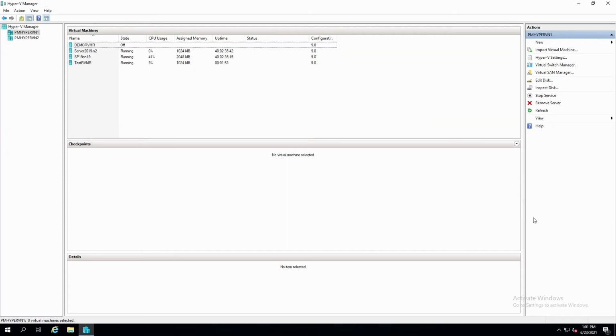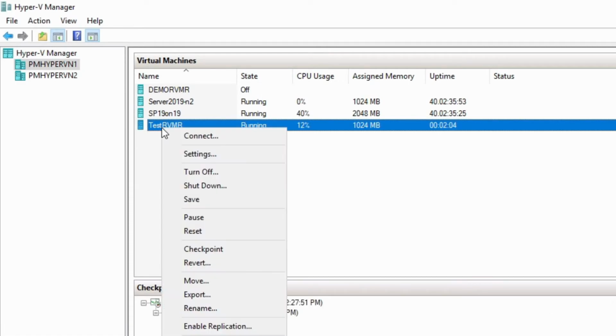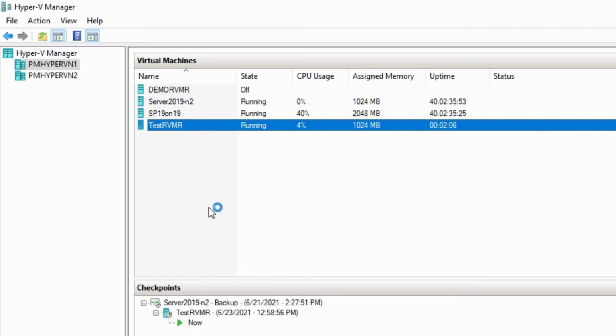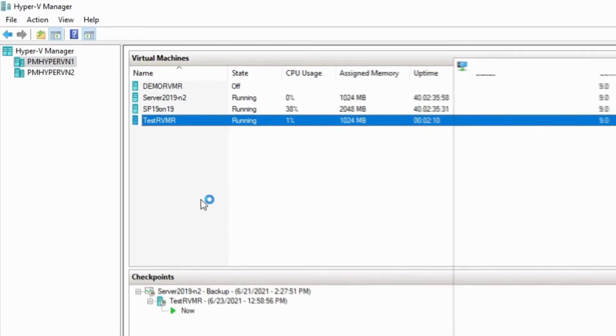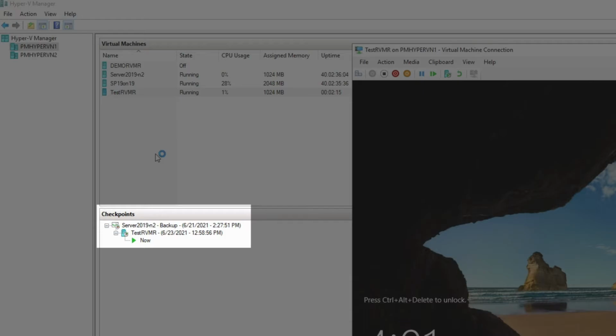We can see that there's a new VM in the cluster on the node that was selected during the RVMR setup. This is our restored VM backup, and it's running just like any other VM would be. Startup time will vary slightly depending on the network traffic, vault load, and available resources in the cluster.